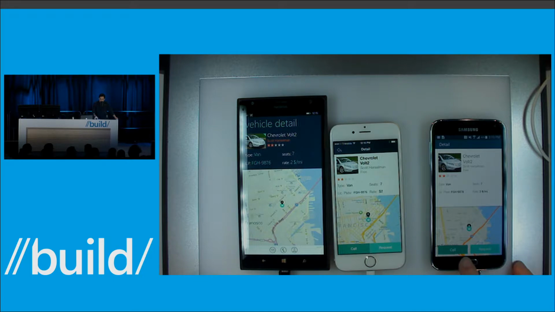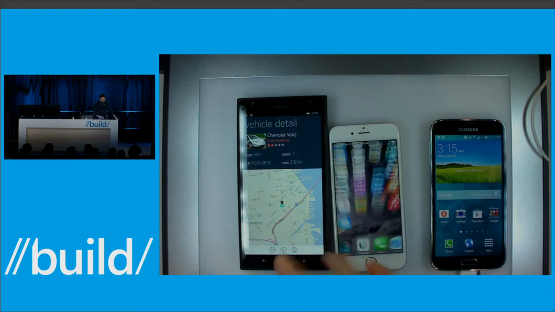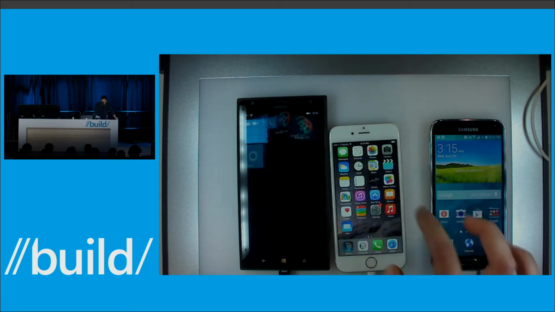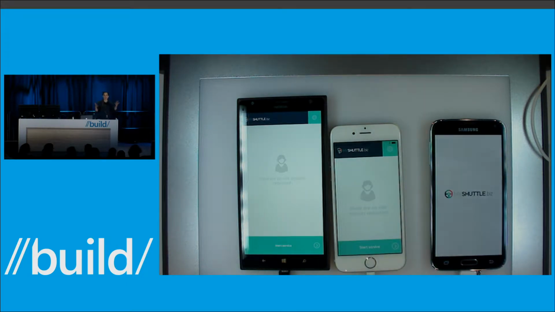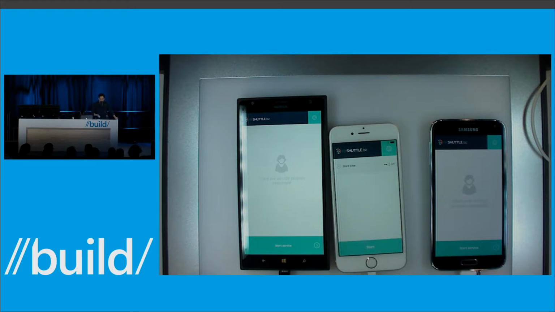Next, what I'm going to do is go ahead and show you guys the driver version of the application. So let's just bring up the driver version. So this is basically the cabbie who's driving the car. What does he do when he wants the user to, we start a ride? So we could go ahead and start a service here, start a ride, and we can finish that.